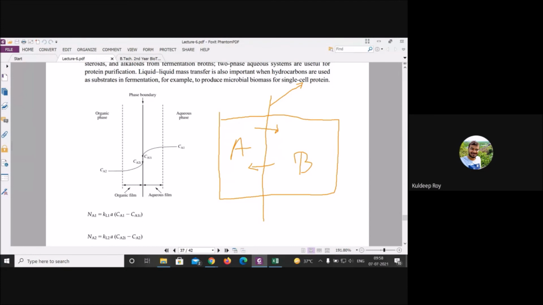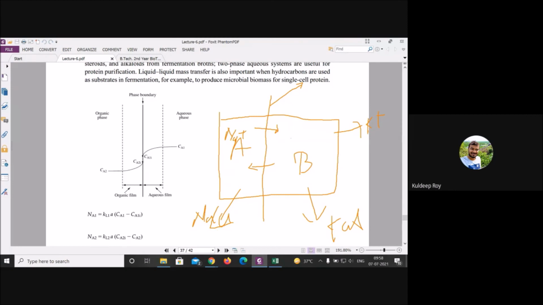There is a transport of the species only, like your NaCl. If you add NaCl, your salt, on one side, and KCl on the other, the concentration of Na+ will be very high here, and the K+ concentration will be very high there. Then what will happen? The Na molecules will transport from this direction to this direction.